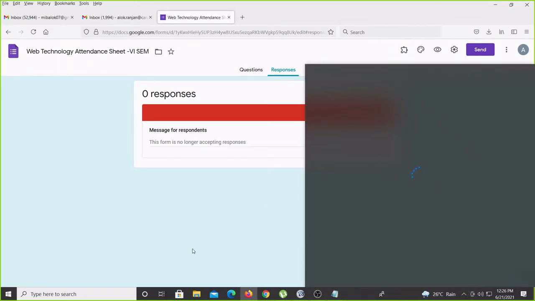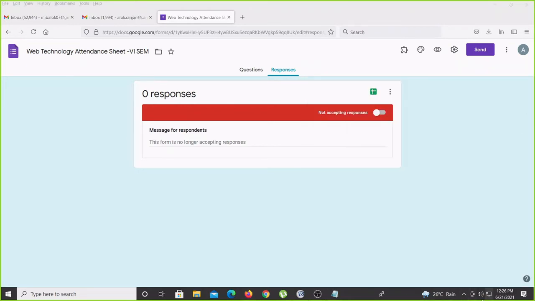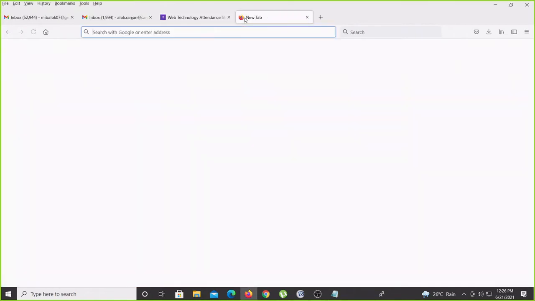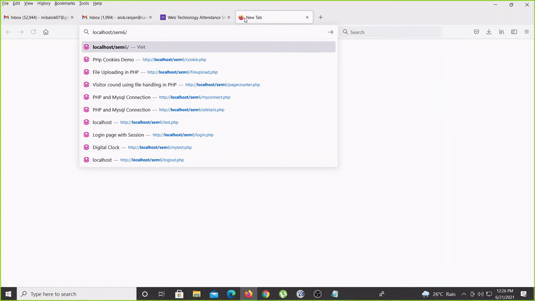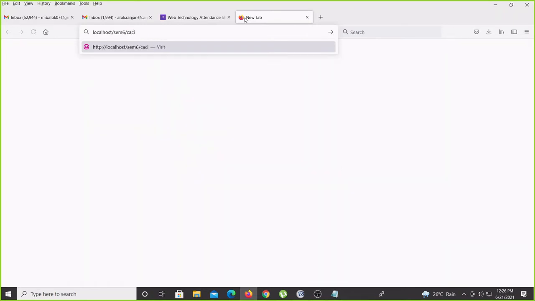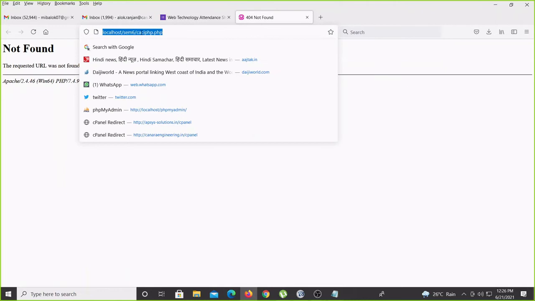Yes, it is running. Then click here, localhost, SAM6 folder name, and inside that calc.php. Calc spelling I have to correct.